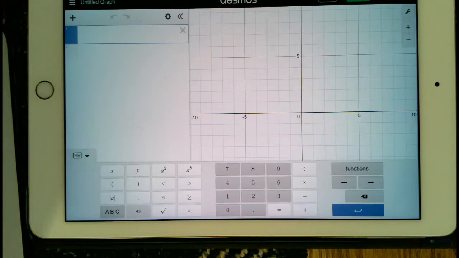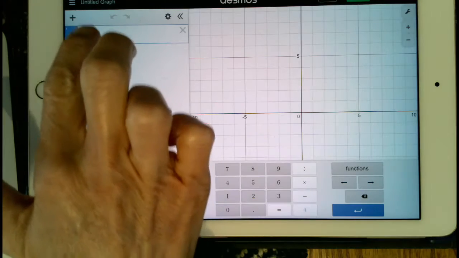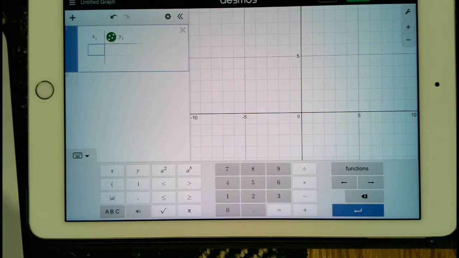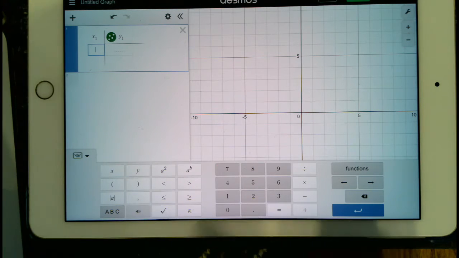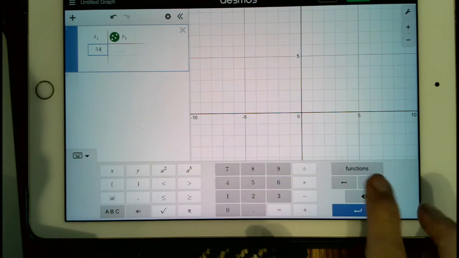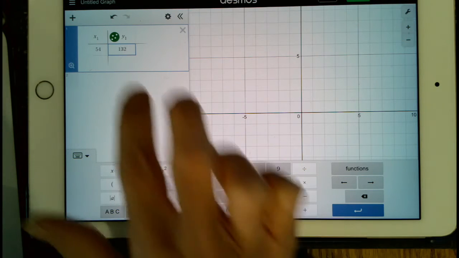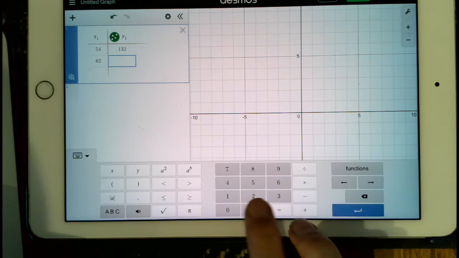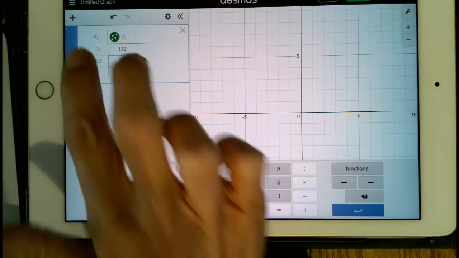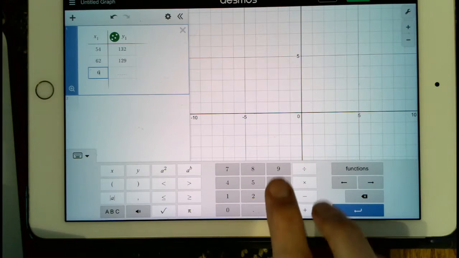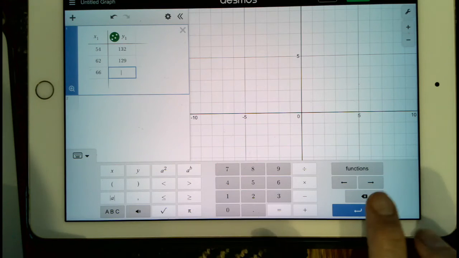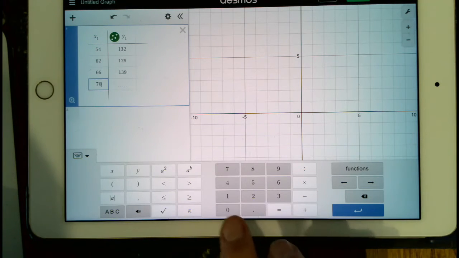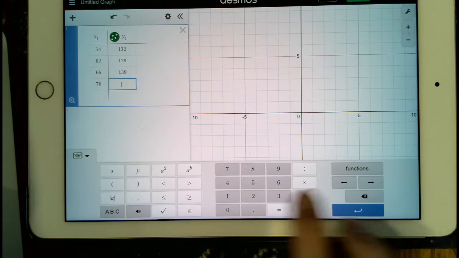So as I reset my Desmos, I'm going to go to plus, and then the table, and then we're going to type in the data. So 54, 132, 62, 129, 66, 139, 70, 141,